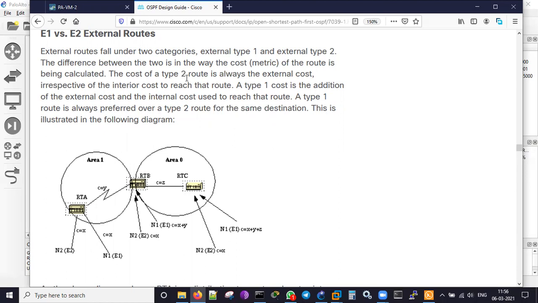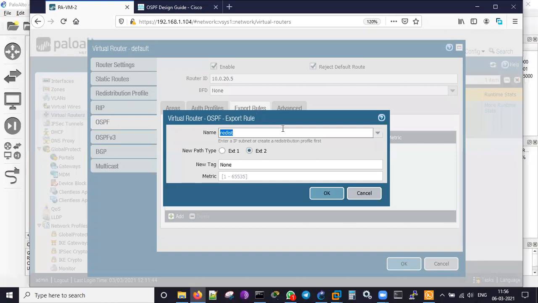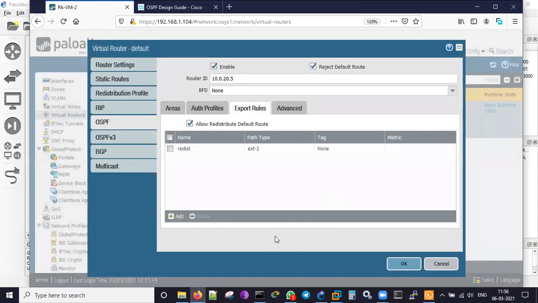It's not a problem because we are going to consider only the external route cost which has been given. If you wanted to modify it, we can just go ahead and do that. I'm not doing anything. This is taken as a default. I'm just leaving it like this. I just click OK. So as of now, the OSPF configurations are over.